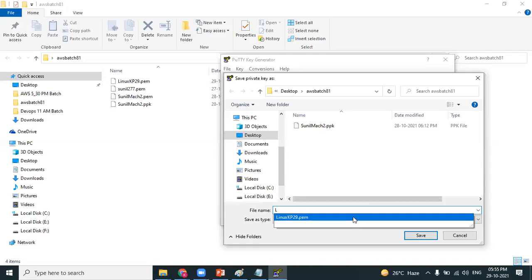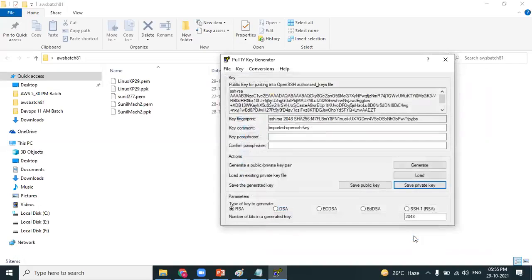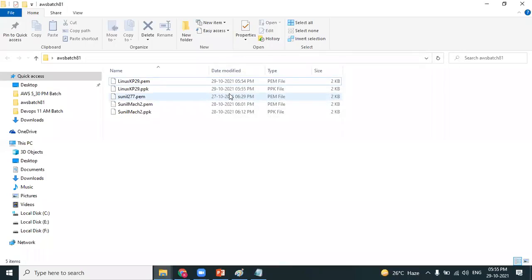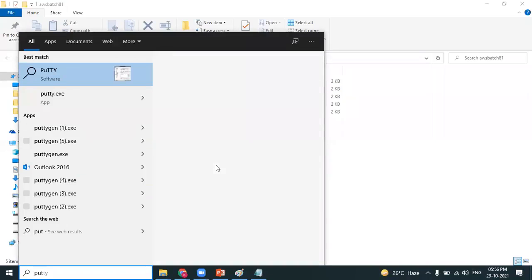I can maintain the same name, or I can also maintain a different name. That's okay, but it's not a PEM file. I'm saving it as a PPK file. Save. I have successfully converted the PEM file to a PPK file. As I have successfully converted it, I can connect to that particular Linux machine using a terminal called